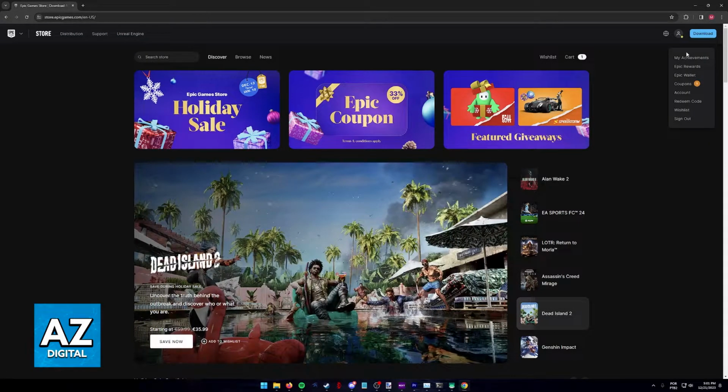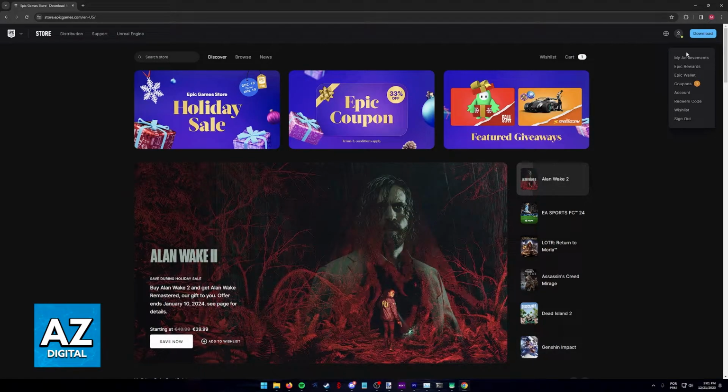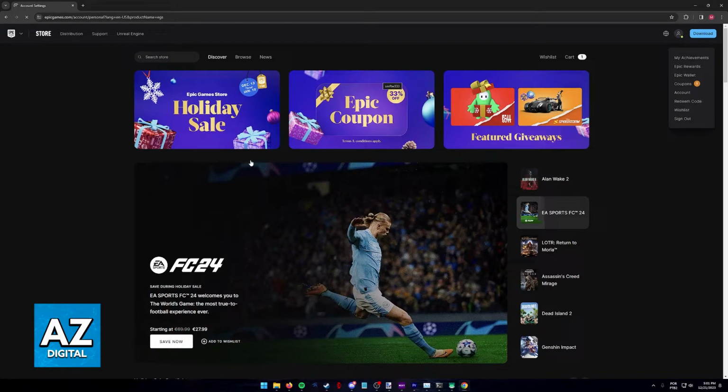Alternatively, you also have the option to sign in using Xbox, but the bottom line is that you must have an Epic Games account where you can sign into and manage the connections. As long as you use an email and password or you sign in using Xbox, you will be able to access your icon at the top right corner of this page and then click Account from the drop-down menu that appears. When you go over to Account, using the menu at the left side of the account management page, select